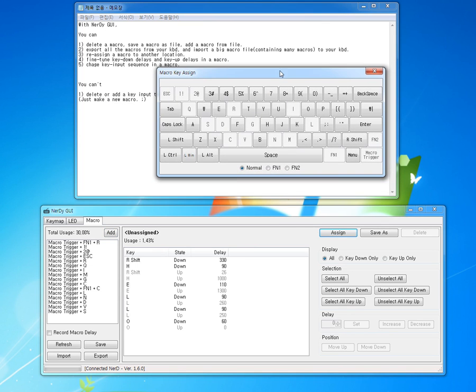If you click on assign, you will see a small window like this. This is actually the layout that you have set as your keyboard. Okay. These graphics mean they already have a macro stored in them. So you can't assign this new macro here. Okay, I will assign it